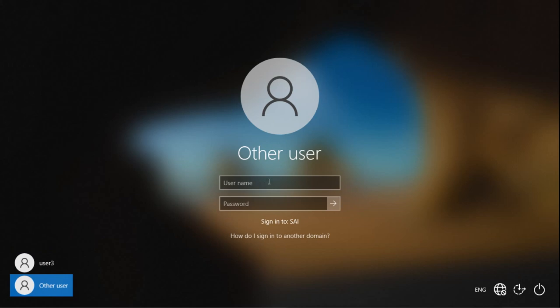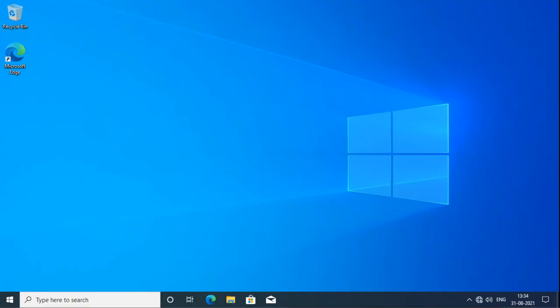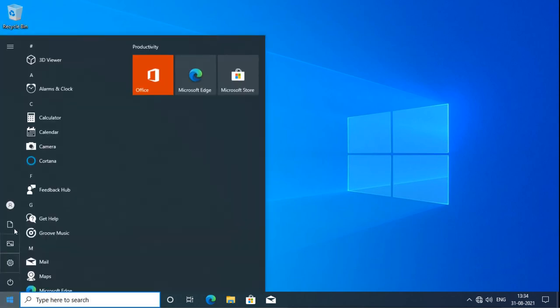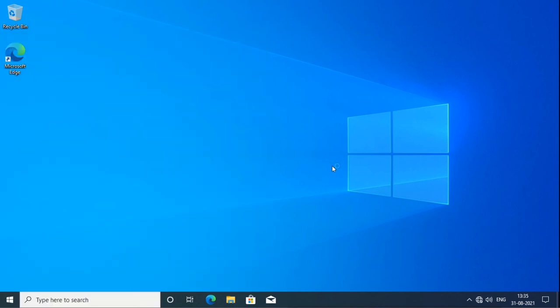Now if I try to log in as user 2 or user 1, I will see the same policy. When I try to check this, again I will not be able to see it as I am logged in as user 2, but user 2 is still under the same Mumbai OU, and user 1 is also under the same Mumbai OU.